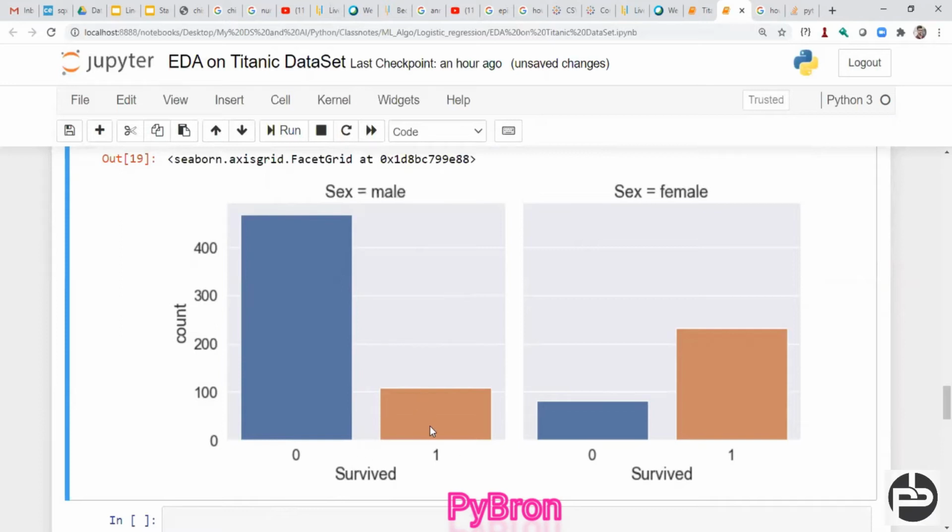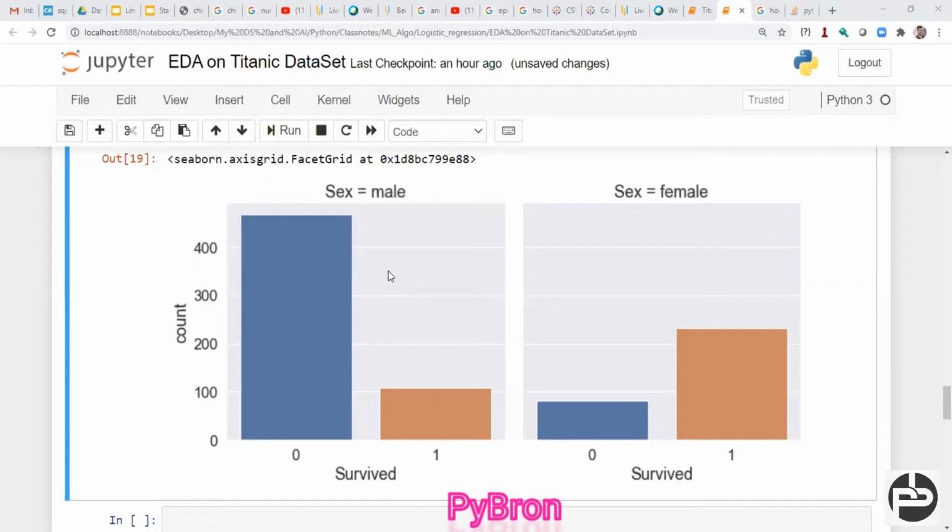In case of non-survived, males were very few, means approximately I can say what the null accuracy will be here. If it is a male candidate, then I can say he might get survived, because you can see in this graph, I'll try to highlight this. Okay, with this graph what we are getting, the number of males who got survived is very high.